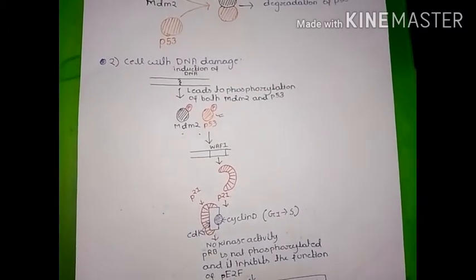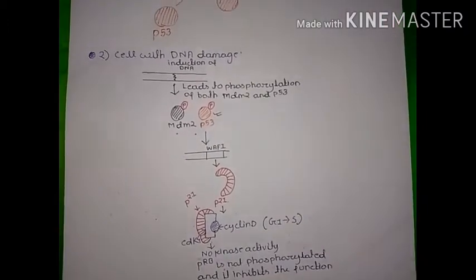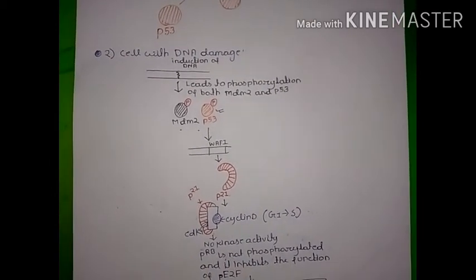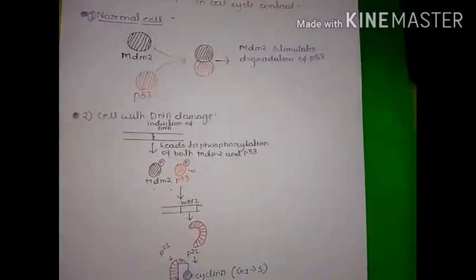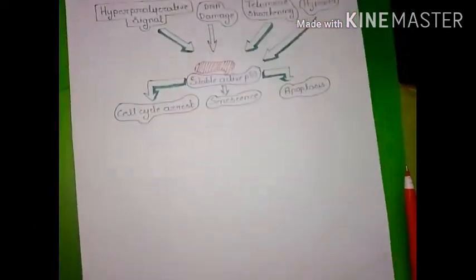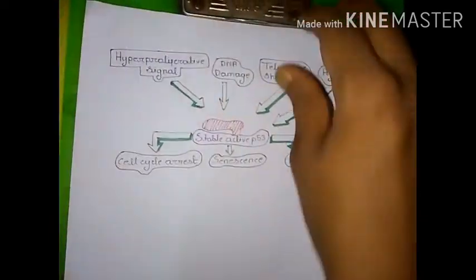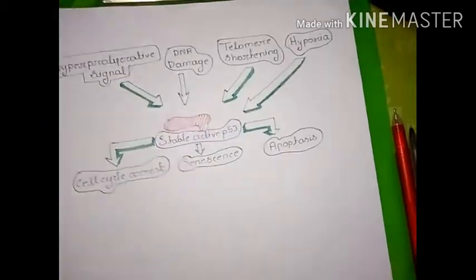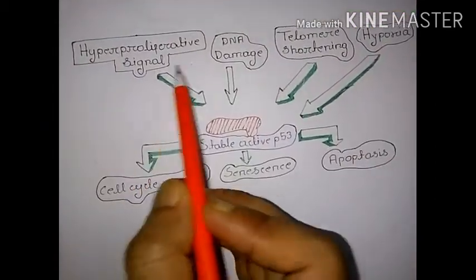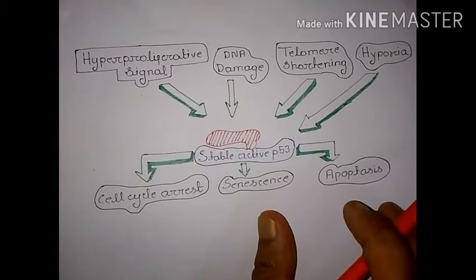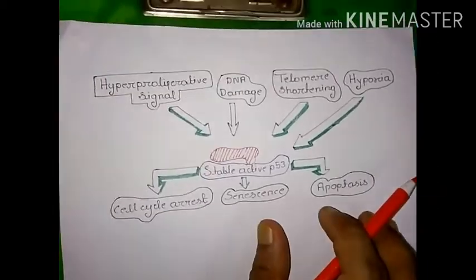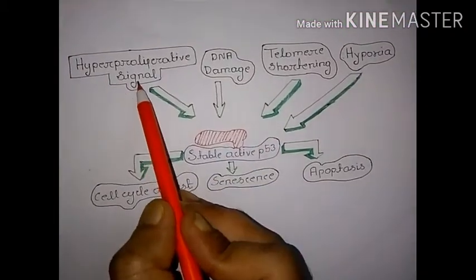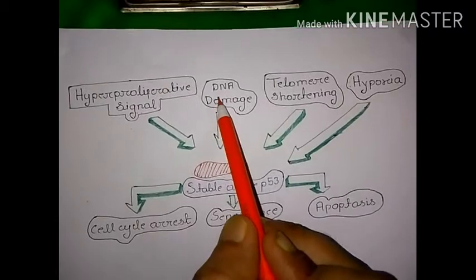p53 also helps in the apoptosis of the cells if the DNA damage is not repaired by the repair mechanism. Now here is a chart through which you can easily understand. So what are the roles of p53? This is the chart. Like the hyperproliferation signal, what is the role of the hyperproliferation signal? If DNA gene amplification leads to a hyperproliferation signal, so hyperproliferation signal, DNA damage,